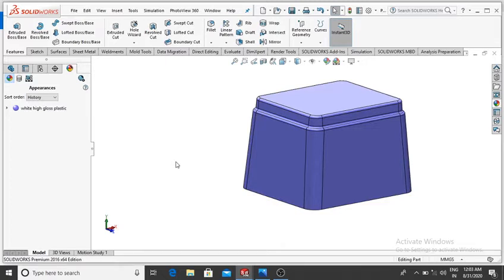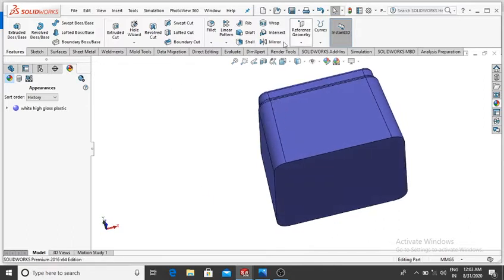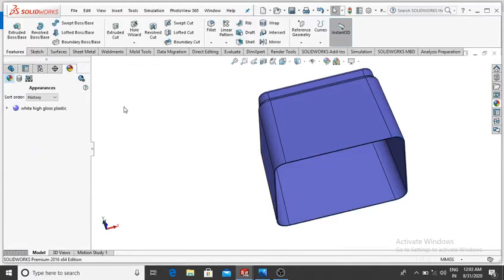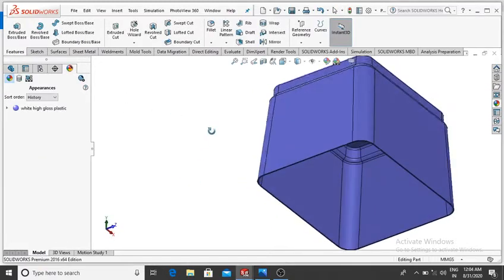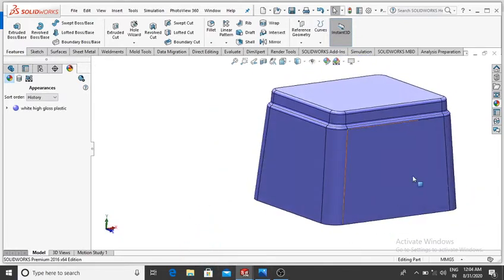and here we give the shell of 1.5 mm, so select the shell and make the shell 1.5, and here select this face, then OK. Now we make the shell to this sketch, and now here select this face,